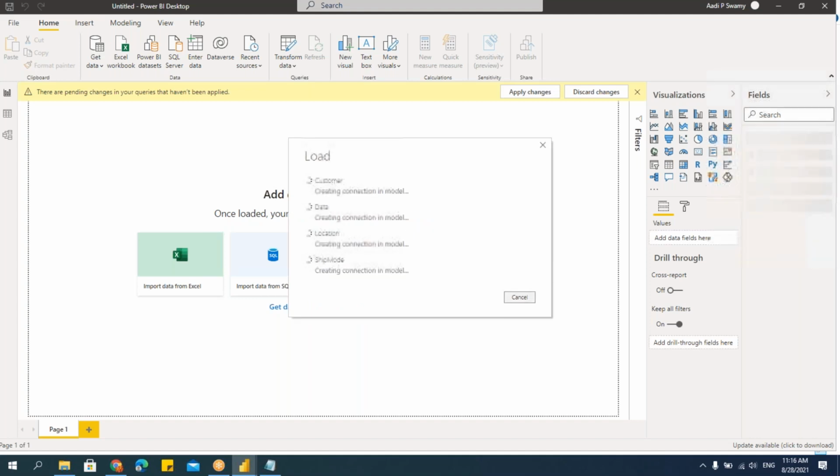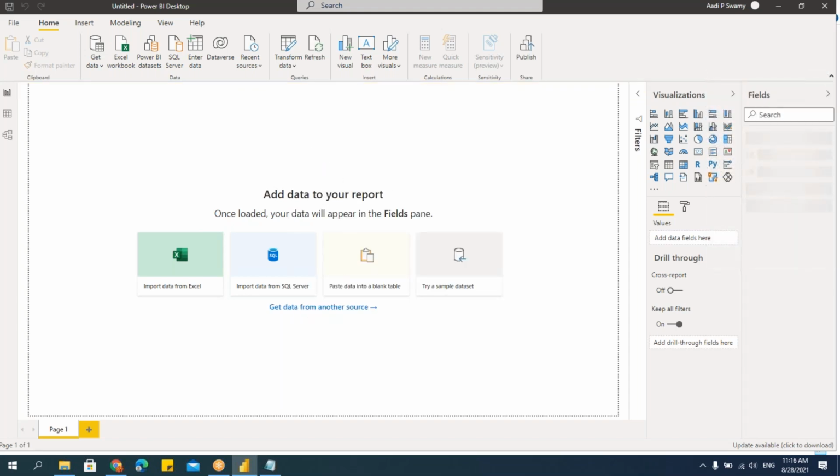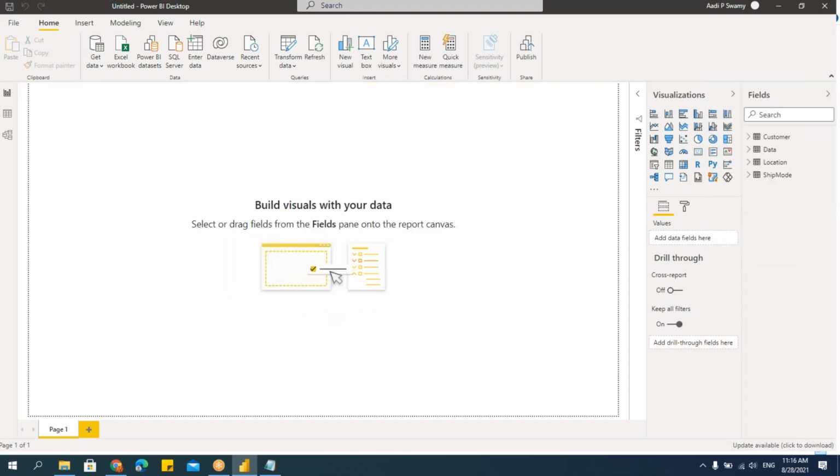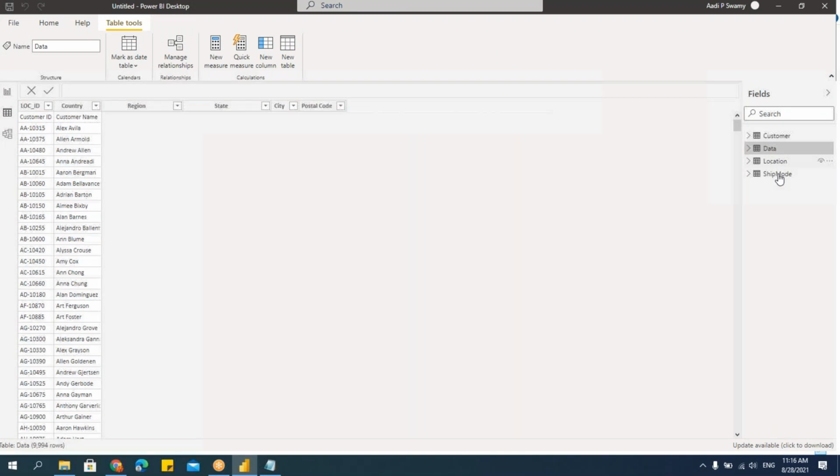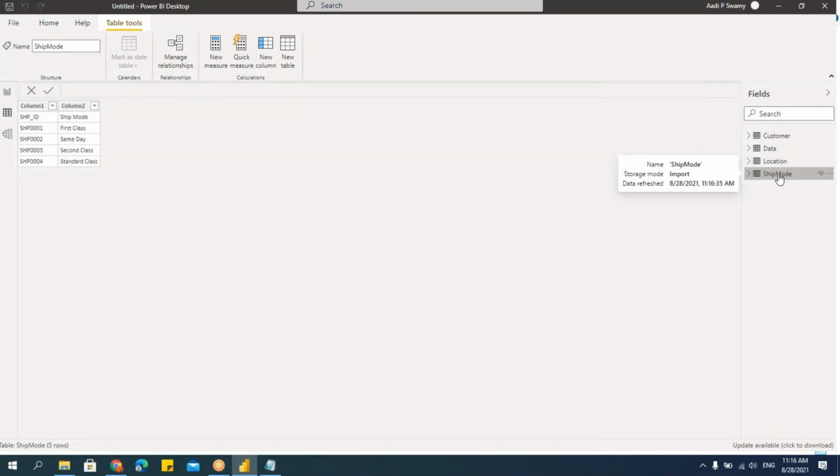All right, now you can see that all the 4 sheets, which is actually table for Power BI, will be imported and I'll get the entire relationship here. I'll get the data. Now you can see that all the 4 files are available. Right? If you want to check the data, I can go here, I can check the data here. All the 4 files, whatever data is there, I can check here. Right. Now we got the data. Now let's go to data model and see. Go to this data model.